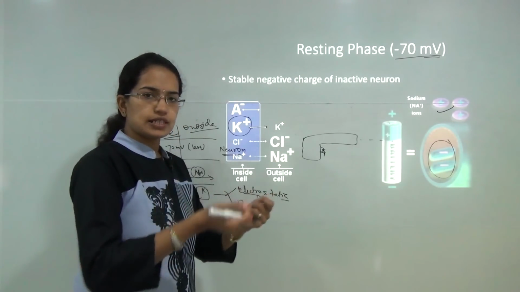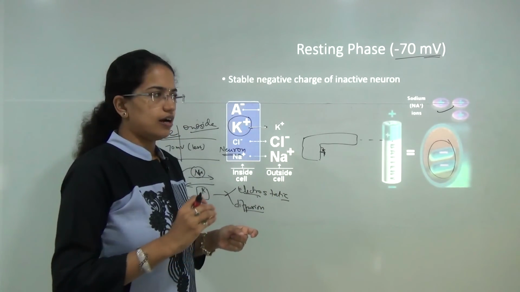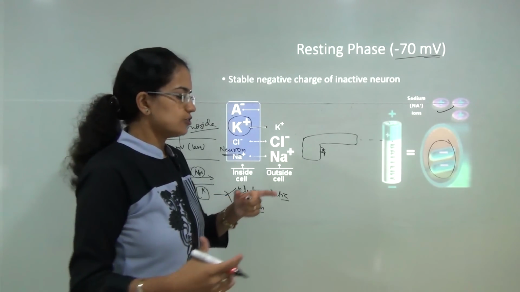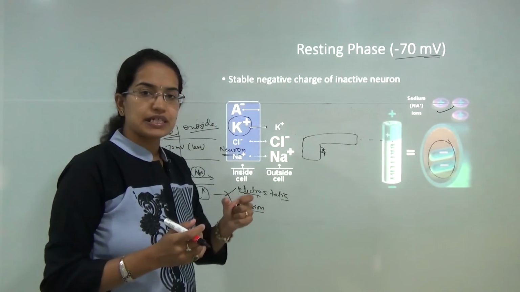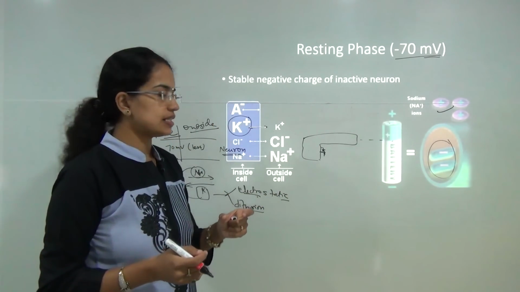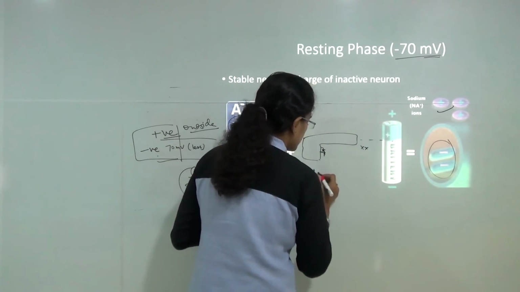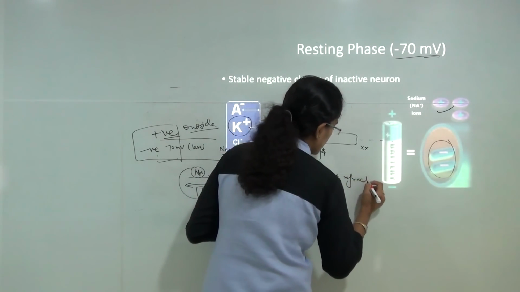Now, as soon as the gun has fired, if I press it again, there would be no firing. When I say I press it again, I am talking about a gap of milliseconds. So I have just pressed it and you have fired the bullets, and I am again pressing it instantaneously, then there would be no firing that would occur, and that is what is known as the absolute refractory period.